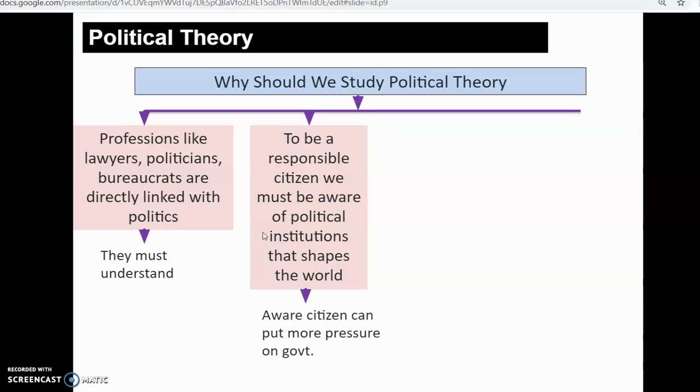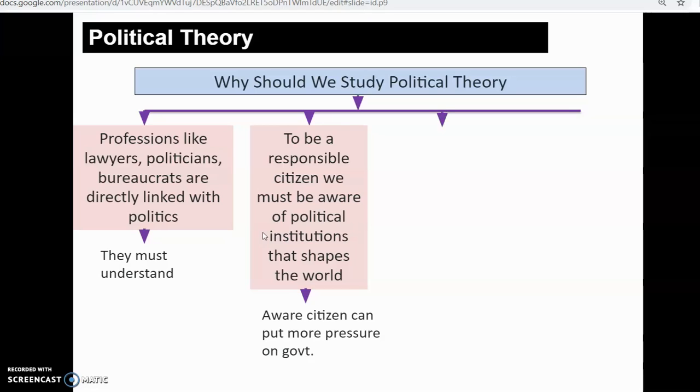Being an aware citizen, you can pressurize the government more than anybody else, because then you would have a greater say in the decision making process. You can take the example of Raghuram Rajan, or many journalists. They can pressurize the government in a more deliberate manner than the rickshaw wala or sabji wala, right? Because they have more say in the decision making process.